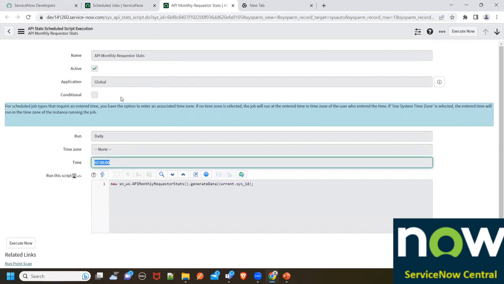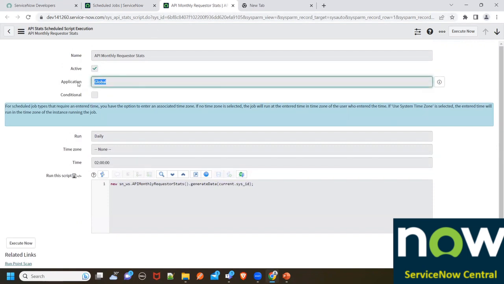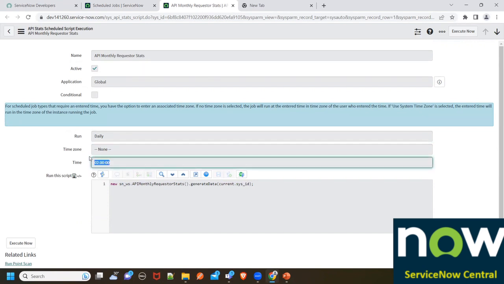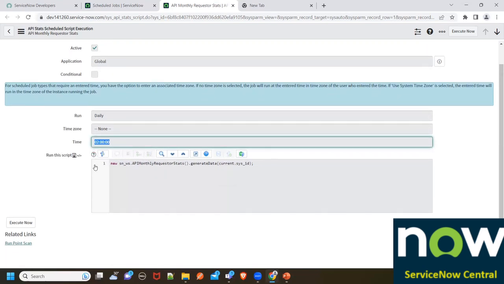That detail it is collecting and sending over. If you see, this is running on the global application. Application scope is an altogether different thing. It is running daily, and the time zone is not specified, so it will take the system time zone. And it is running at midnight, 2 o'clock. Which means, let's say tomorrow